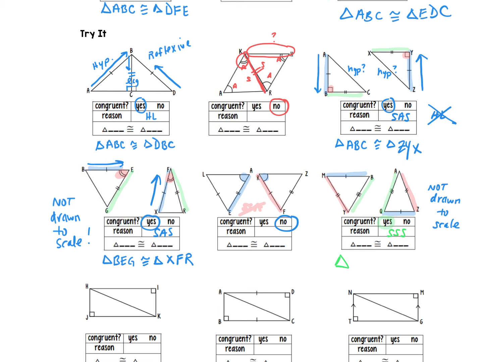All right, be careful when you name it. When you name that first triangle, just go with whatever order you choose. I'm going to go with MBY just because it seems to make sense to go that way. Now, notice that I started at M, which is in between the side with 1 tick mark and the side with 2 tick marks. Angle M corresponds to angle Z because that's in between the side with 1 tick mark and the side with 2 tick marks. And I went along the side with 1 tick mark, so you're going to do the same thing. So this is going to be congruent to triangle Z, Q,